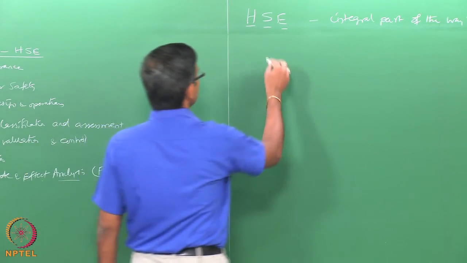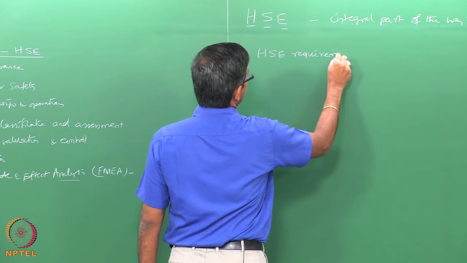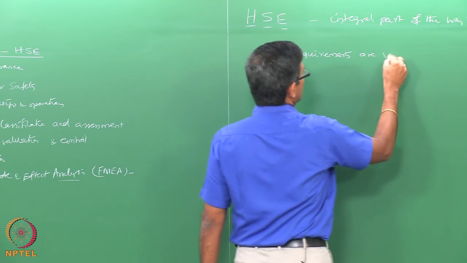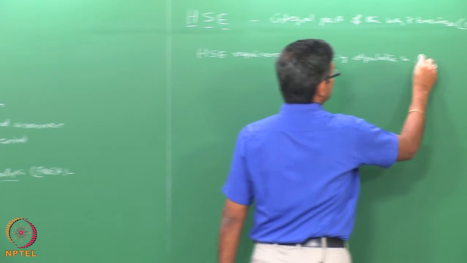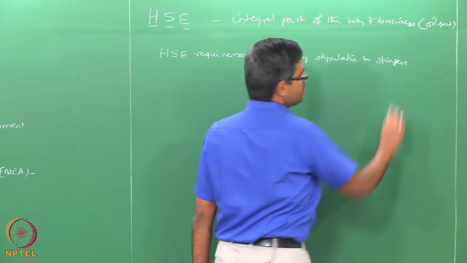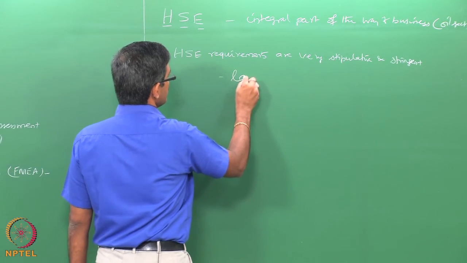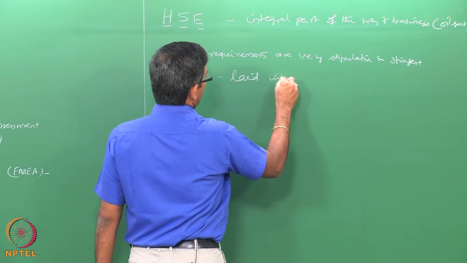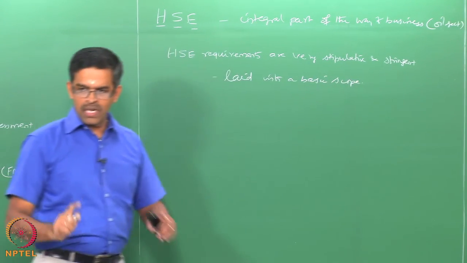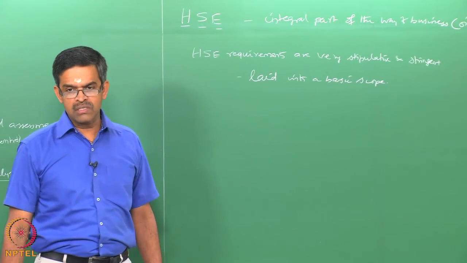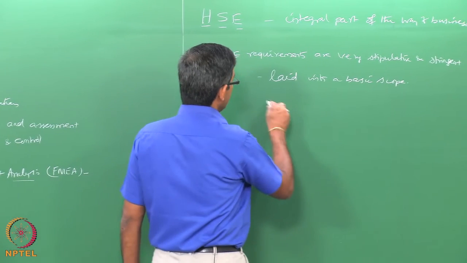HSE requirements are very stringent. They are very stipulative, and rather I should say stringent. They are very strict. You cannot violate these regulations. They are generally laid with a basic scope. Let us try to understand the original scope of laying rules and regulations for emphasizing safety. The basic scope is,